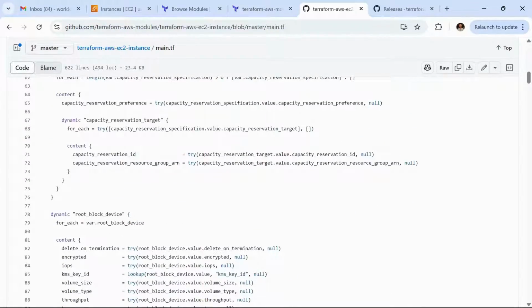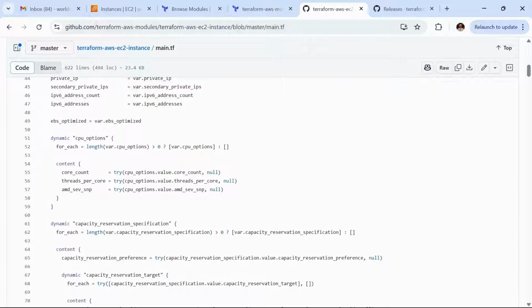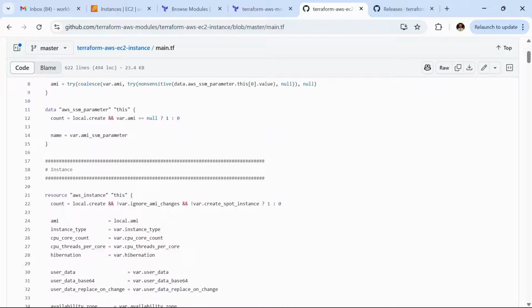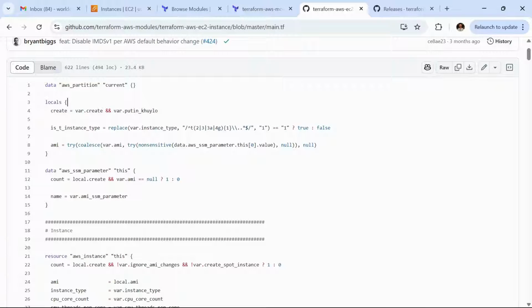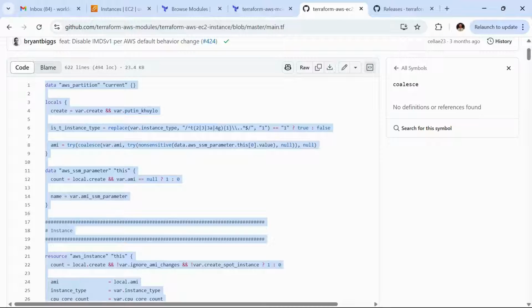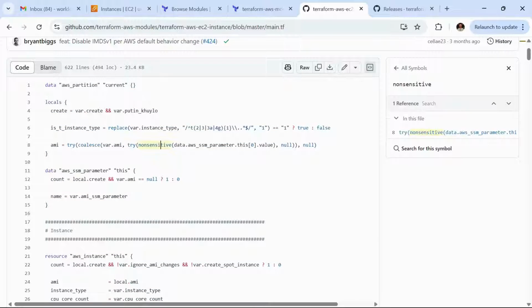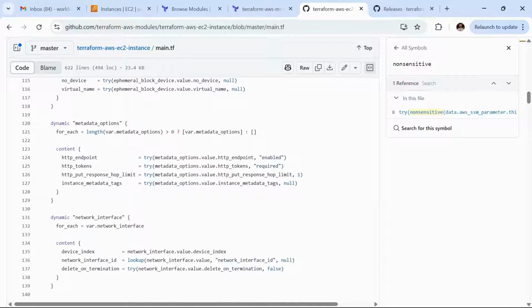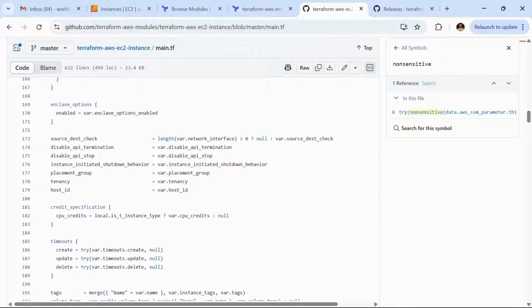They have used the dynamic block, a lot of functions and variables, they are using the data block as well, and they are also using locals. So we can consider this module for our use cases.